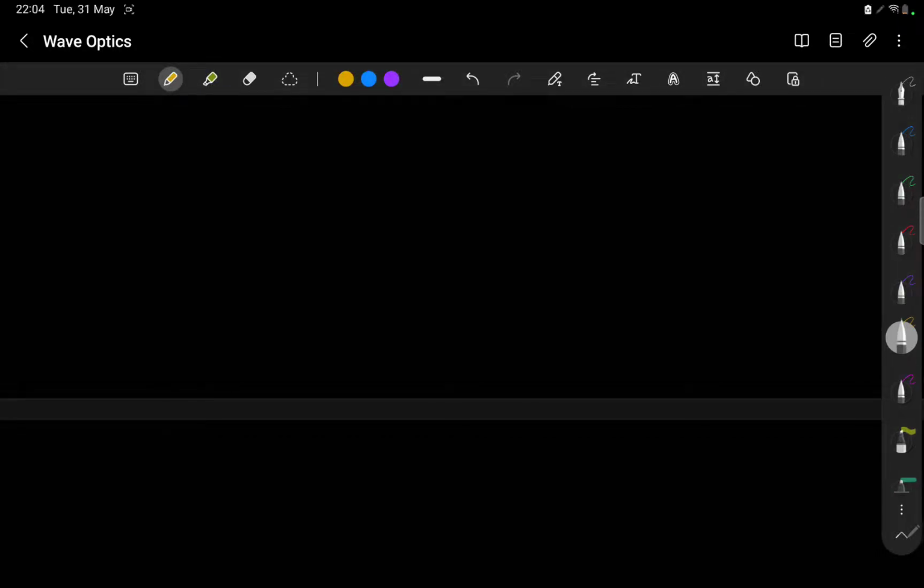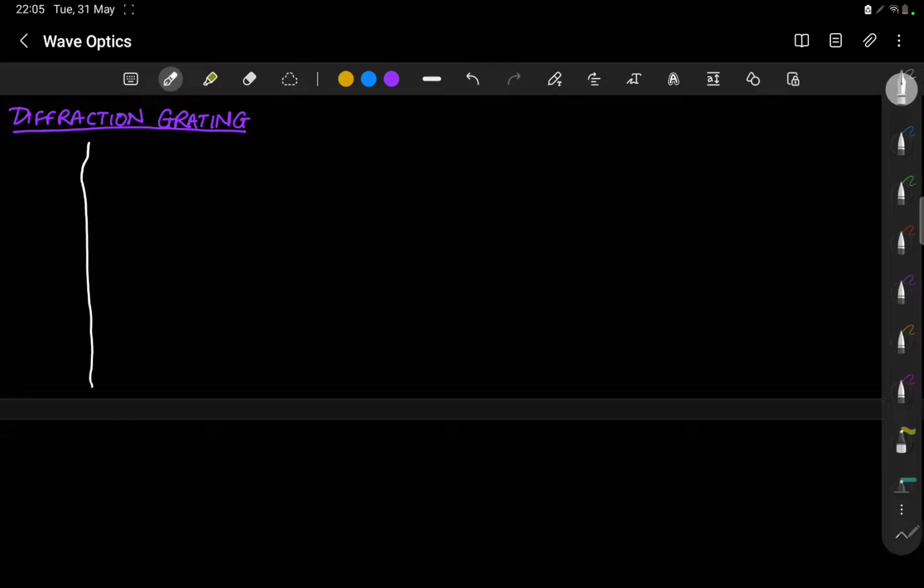This question is on diffraction grating. So before proceeding to look at the question, let us see what a diffraction grating is. So a diffraction grating, let me draw it. Diffraction grating is essentially